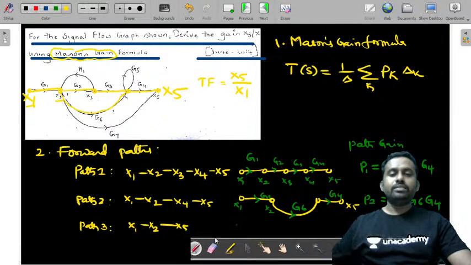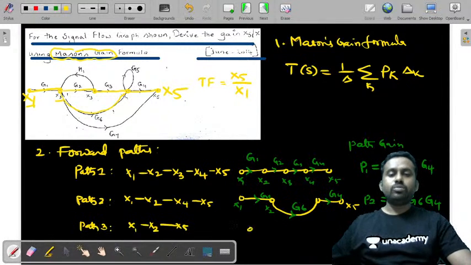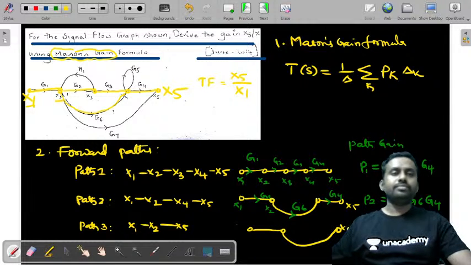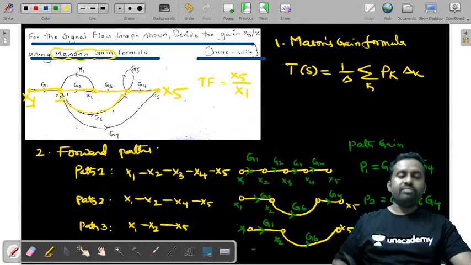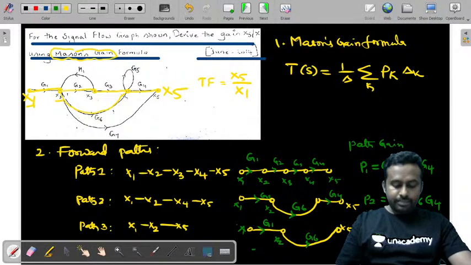So this is x1, x2 and directly to x5. So this is x1 and this is x2. The gain here is g1 and the gain here is g6. So path 3 gain will be g1 into g6. फिर से बताऊंगा आपको. See,